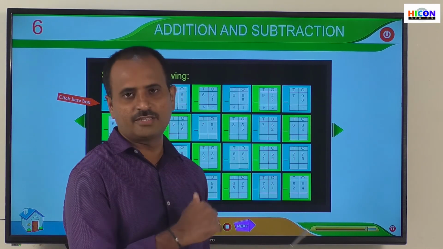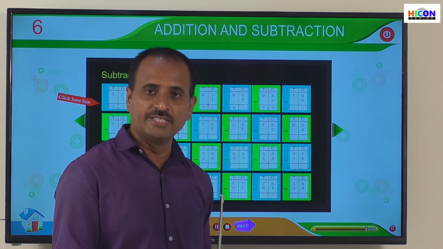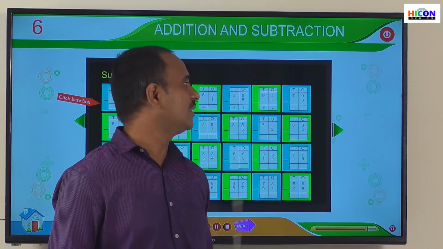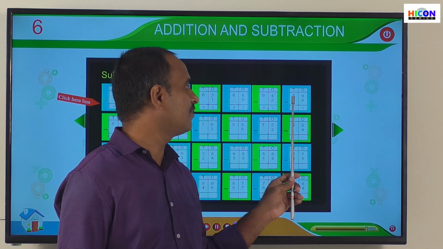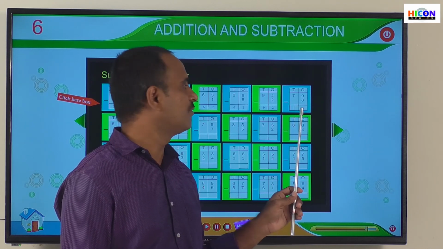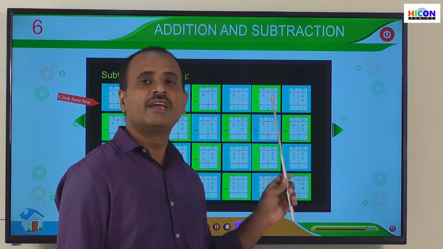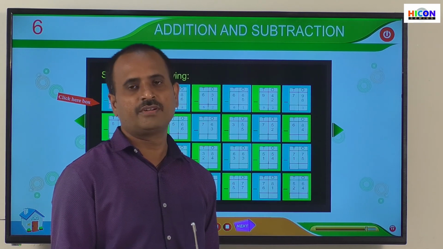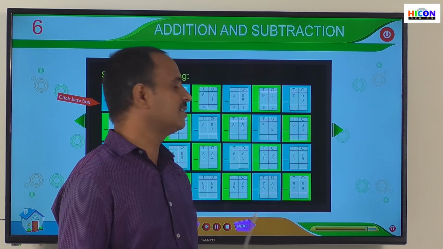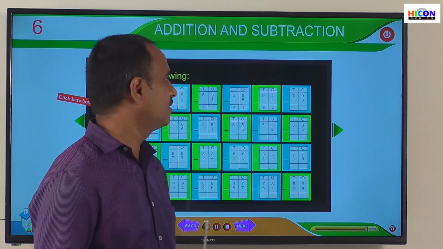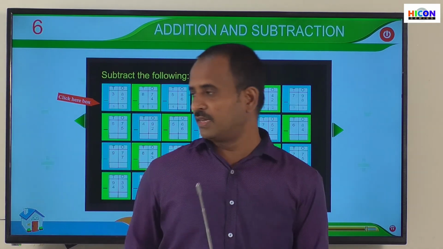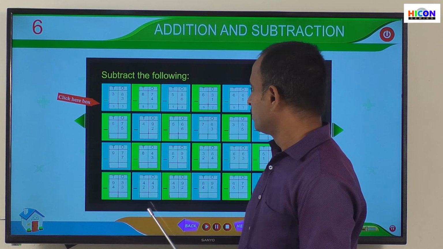So next go to the tens place and subtract the digits present in the tens place. What are the digits in the tens place? 7 and 0. So if we subtract 0 from 7, again we will get 7. So write 7 under the tens place. So children, see some more problems here. For example, see here.